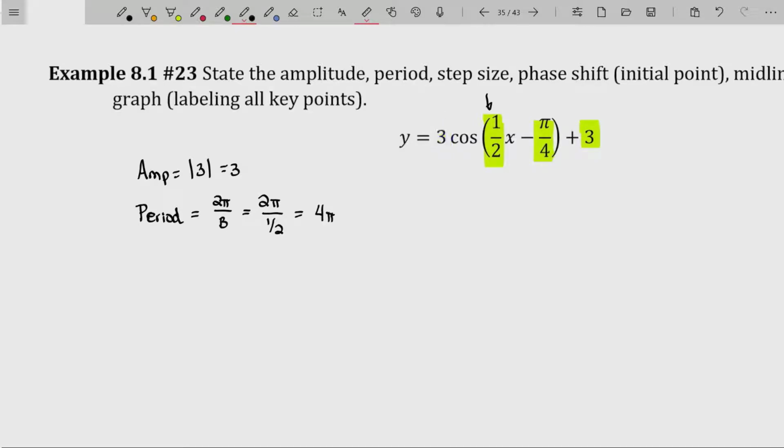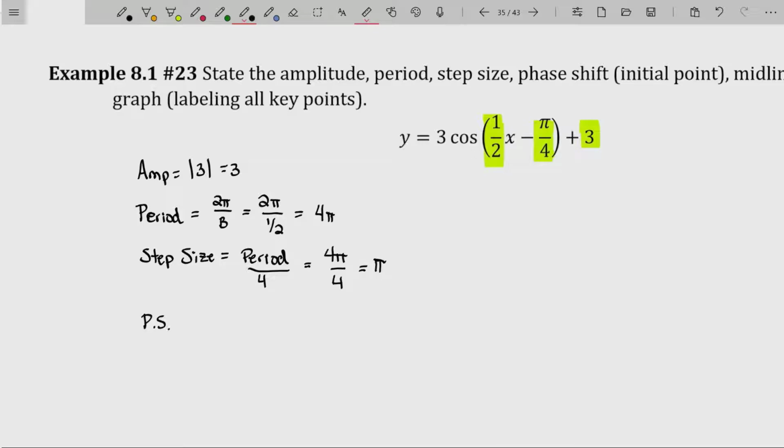So I've taken care of that, and I've almost taken care of that 1/2. That period will allow us to compute a step size to allow us to graph appropriately. Step size is just the period over 4, which is 4 pi over 4, which is pi. It's actually a nice step size. Nothing wrong with that. We're almost done with that B, but it actually gets used one more time for the